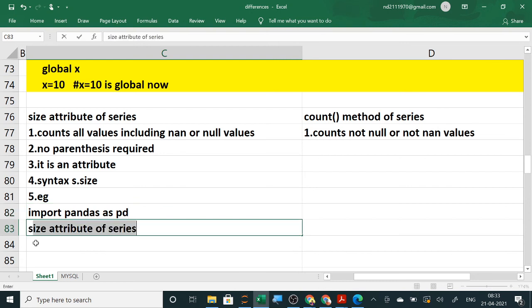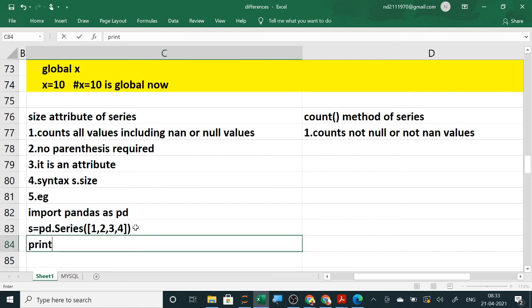So I am creating a series s equals pd dot series with values 1 2 3 4, in a square bracket, and then I am displaying it with print.